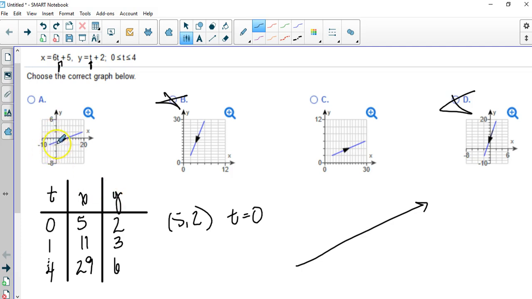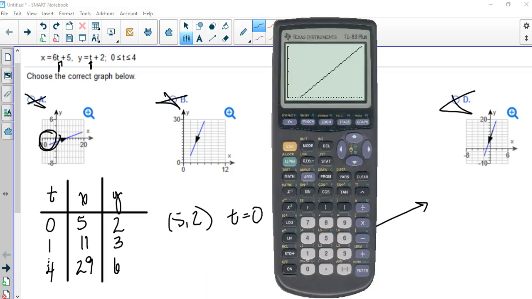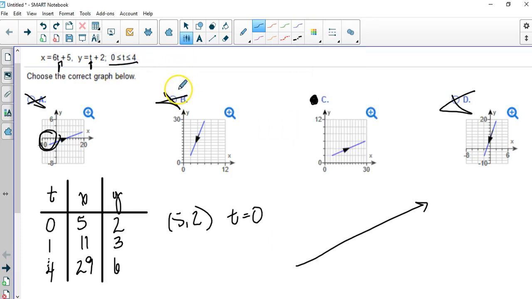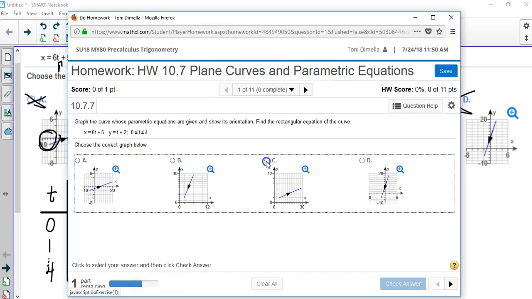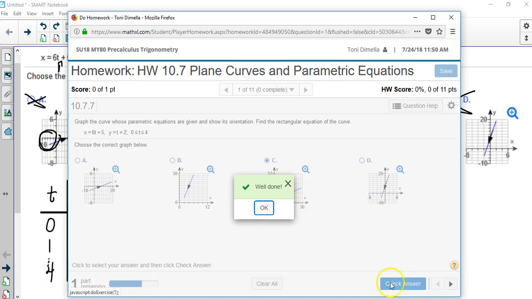It also didn't have any negatives because we didn't have any time in the negatives. So this must be my graph right here. Now sometimes the graph kind of keeps going, even though you set a t max. So you just have to make sure that you're paying attention to what you actually want sketched. I'm going to go back over to MyLabs Plus and select C, so that we can see what the next